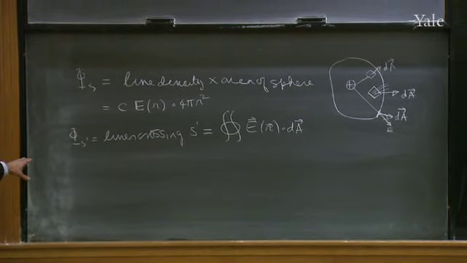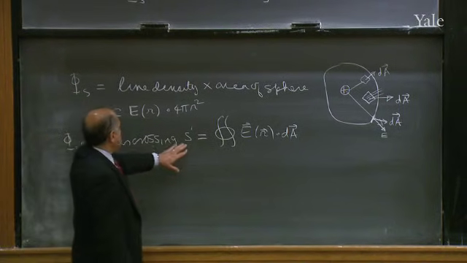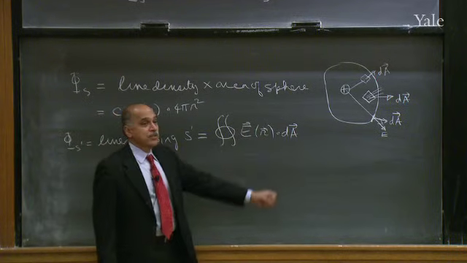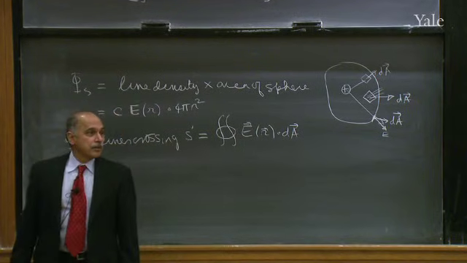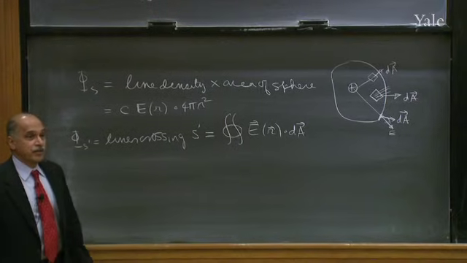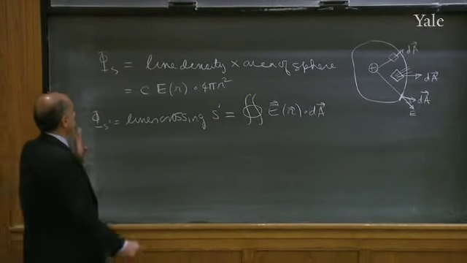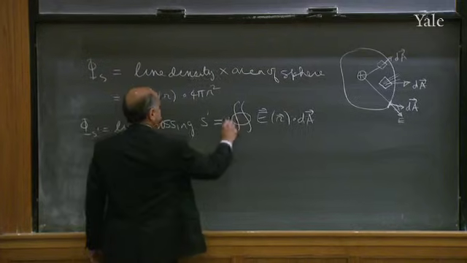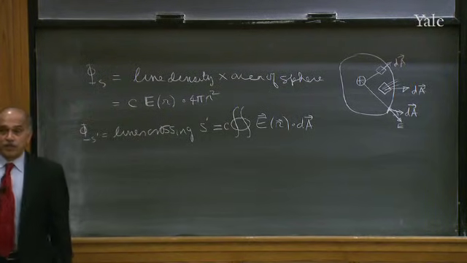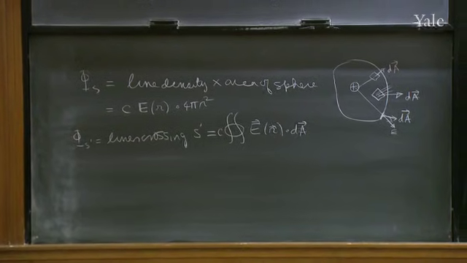This equation is not correct. To find the lines crossing x prime, I took E times dA. It's a constant C, because the line density is not simply the electric field, it's the constant. So I forgot the constant, but I knew that I would need it, because when I now equate phi sub